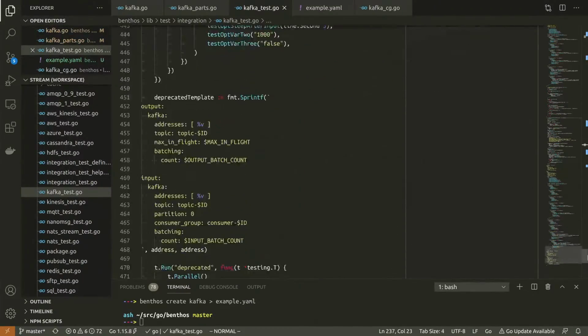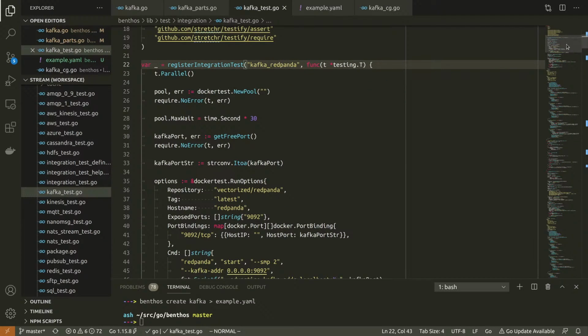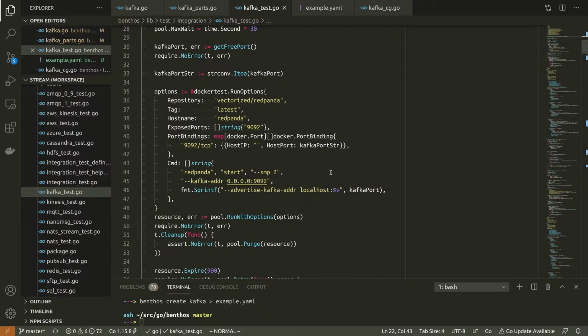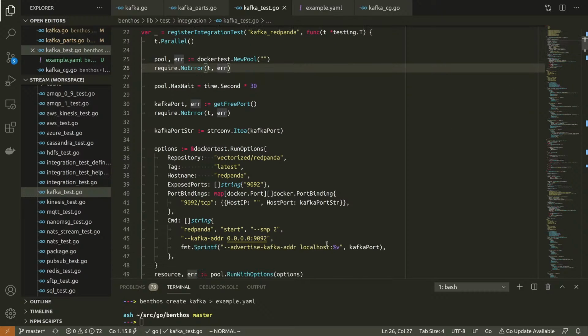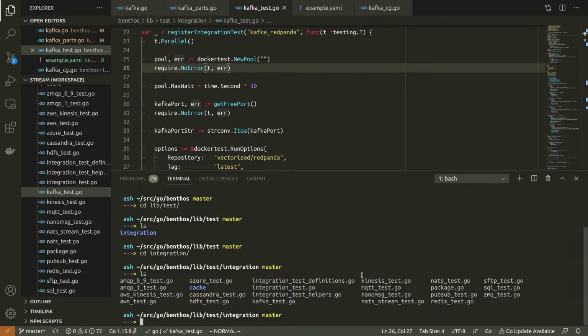So what I did not that long ago was I added some new integration tests that use Red Panda, which is a product being made by a company called Vectorized, and it's essentially their remake of Kafka in C++, and the goal is for it to be quite a bit faster, and also not rely on Zookeeper. Now I know that that's also Kafka's goal, and I think they've finished that now, but I'm not willing to wait.